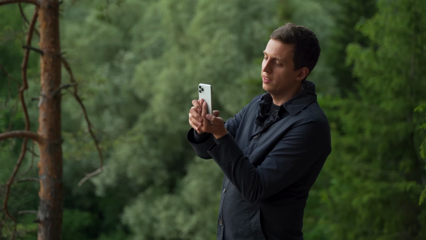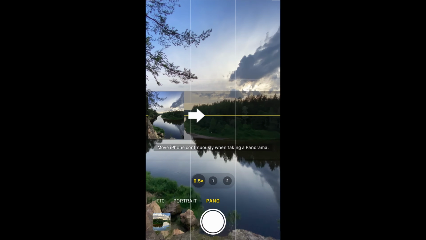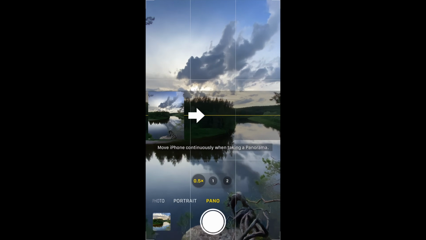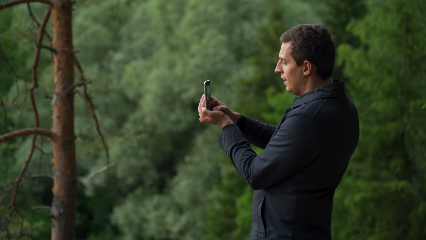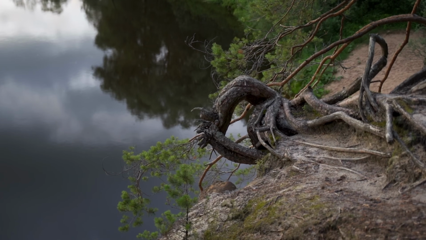Now, another thing I could try is my 0.5x, my ultra-wide lens. So if I switch over to that, if I do a quick preview of the pano I'm going to get, you'll see that this is actually also really interesting, because here I can frame not only the river, but also the foreground. And as I told you before, the foreground here is really interesting because I have those beautiful roots,